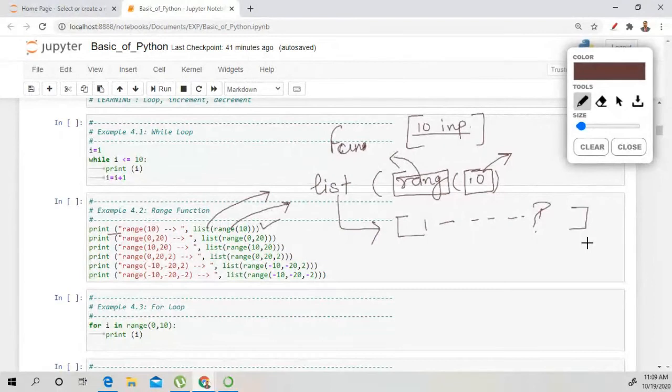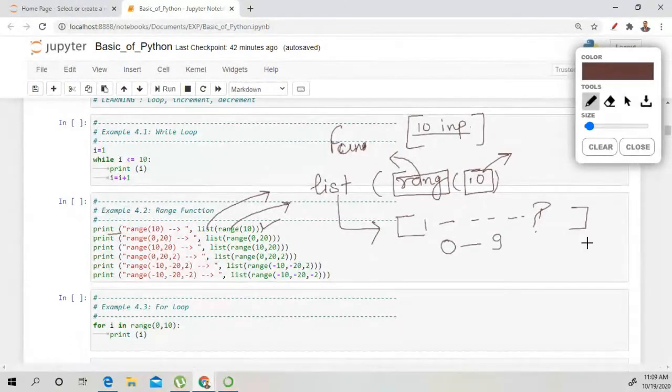Because the list contains the starting value from the 0 position. So it will start from 0 to n minus 1. Why? Because we have to take 10 values. So that's why it starts from the 0 position and ends with the n minus 1 position. Because this list contains the values from 0 onwards.